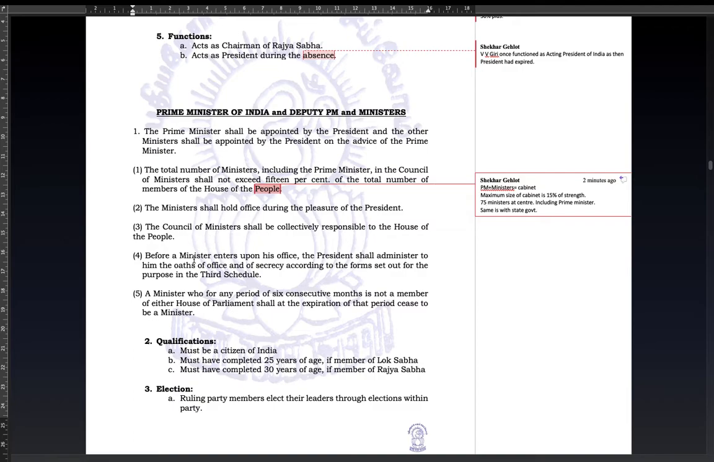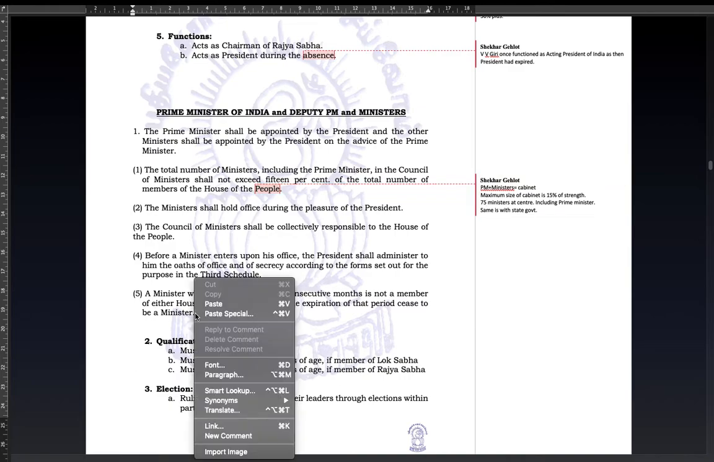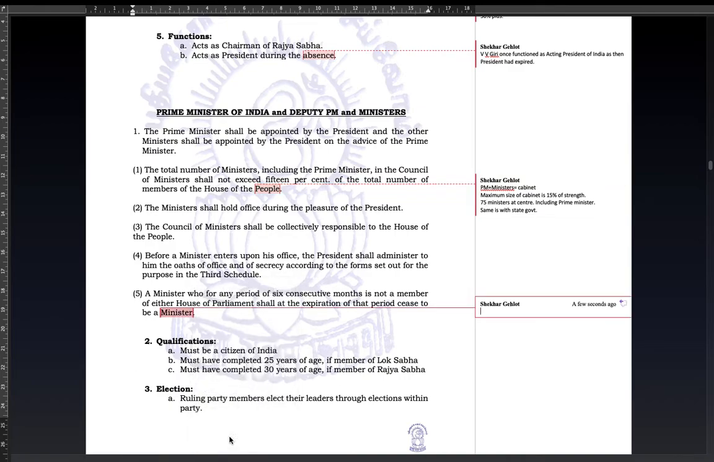Before a minister enters upon his office, the president shall administer to him the oath of office and secrecy according to the forms set out in the third schedule. A minister who for any period of 6 consecutive months is not a member of either house of the parliament shall at the expiration of that period cease to be a minister. That means you can become a minister